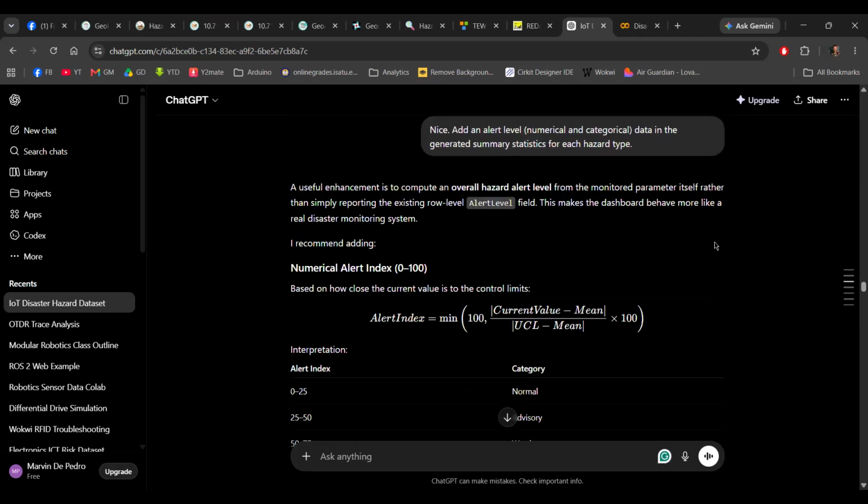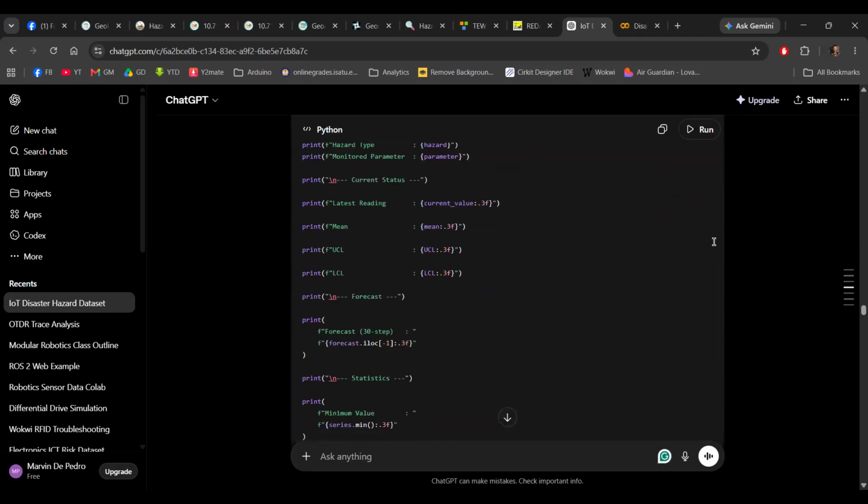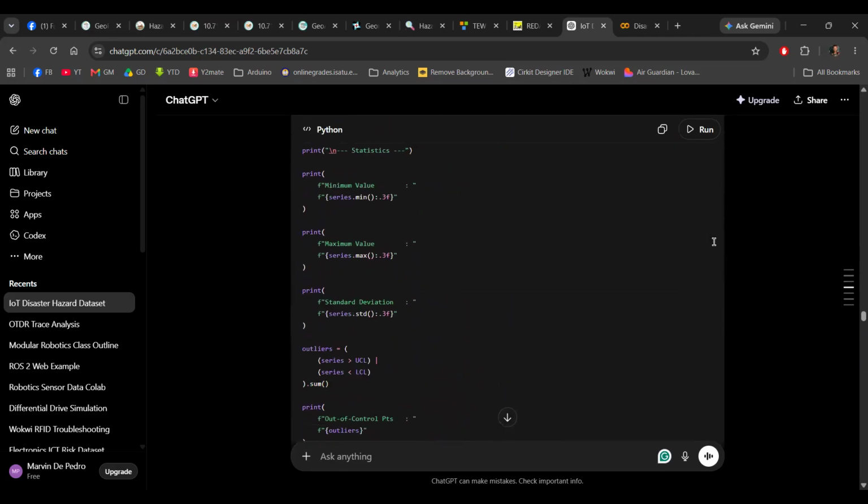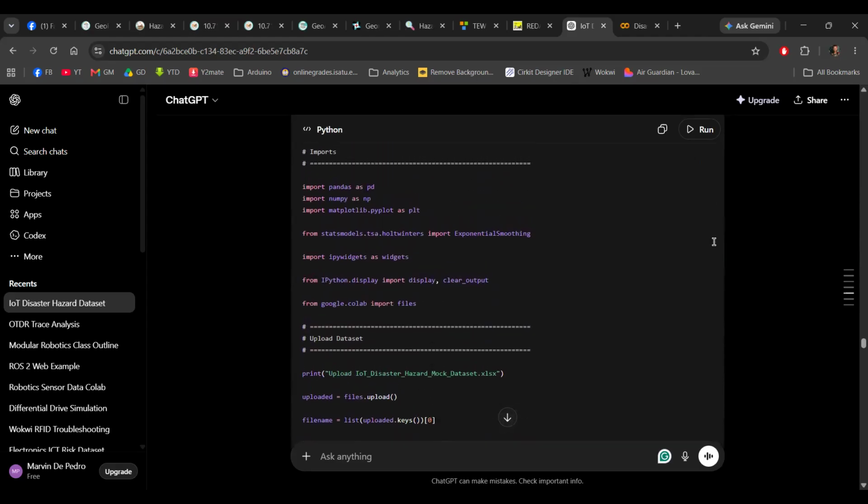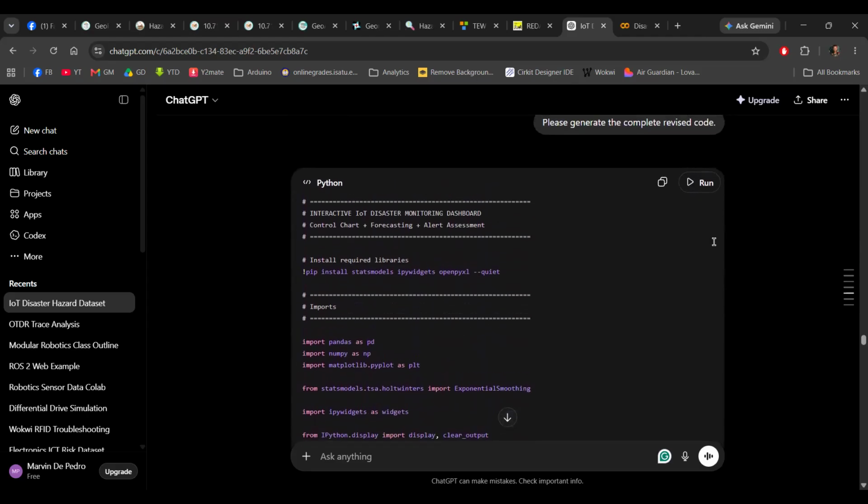I had some iterations. Basically, this code will display an interactive IoT disaster monitoring dashboard. Specifically, it shows a control chart with forecasting and alert assessment.